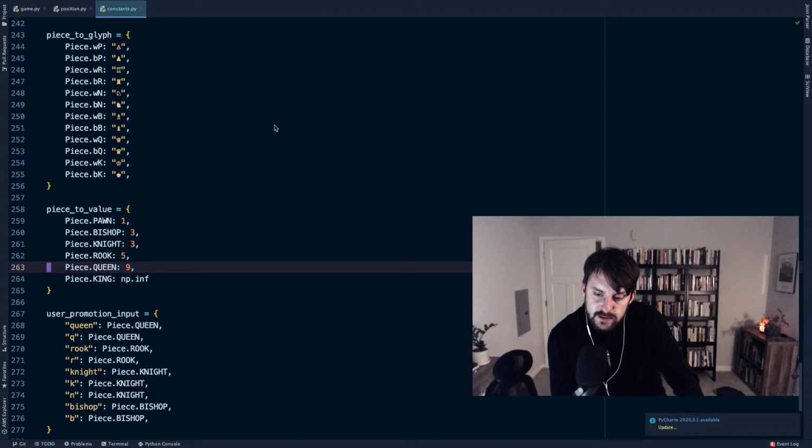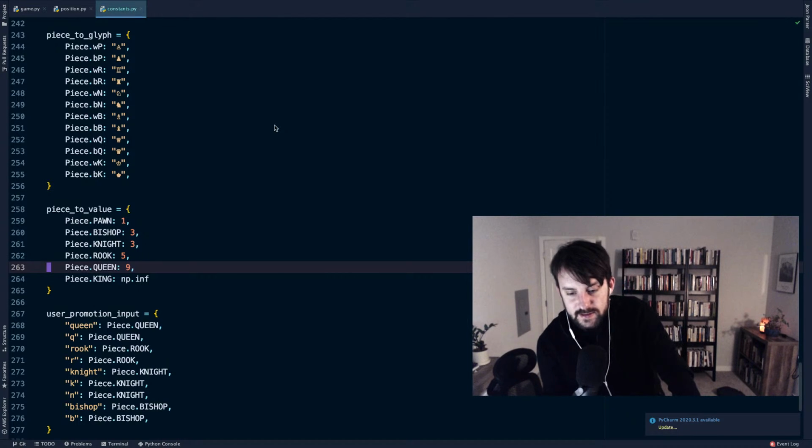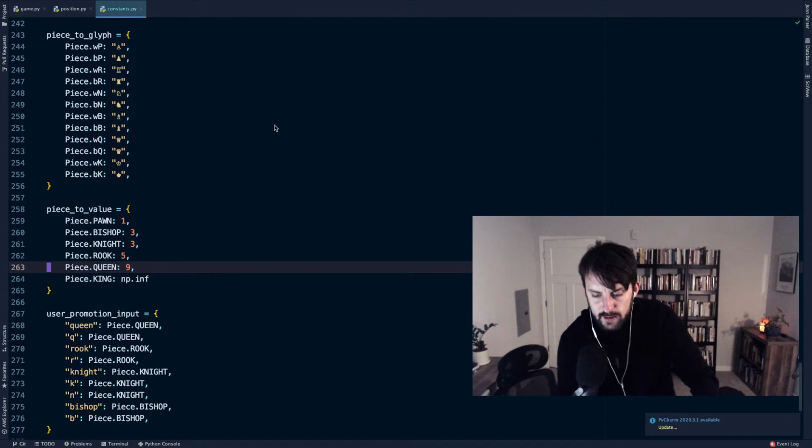So it'd be a fully directed graph. I don't know why I said fully directed. Oh, because I was thinking fully connected. It will be a directed graph